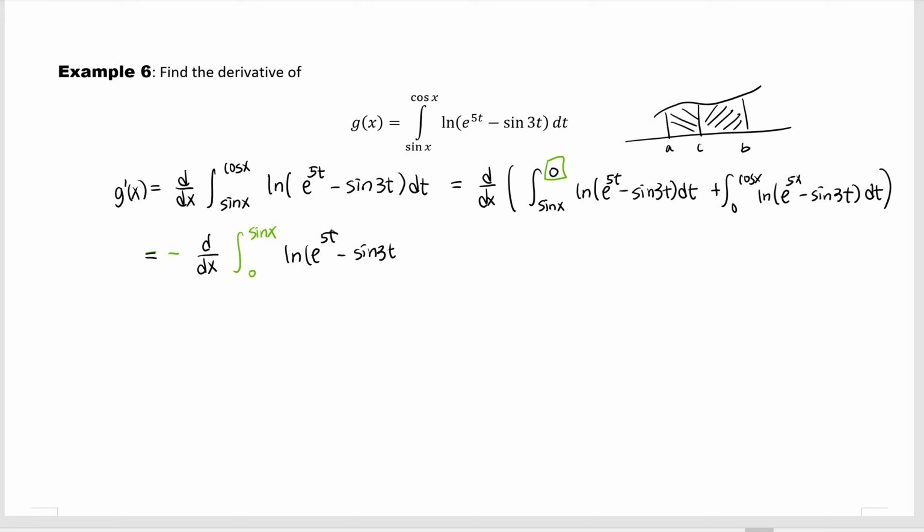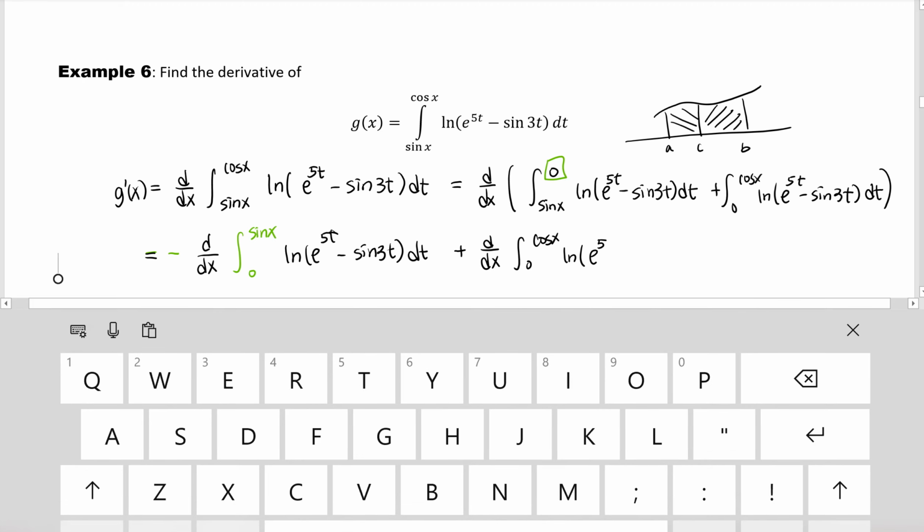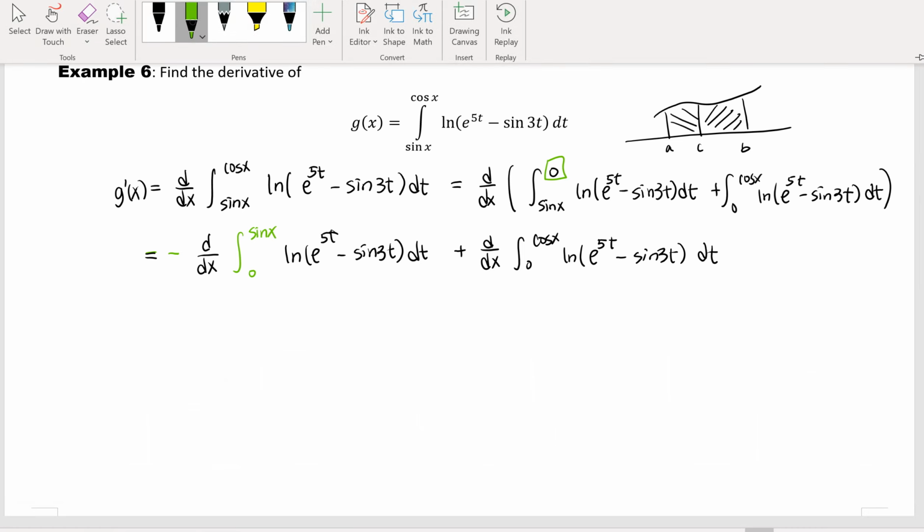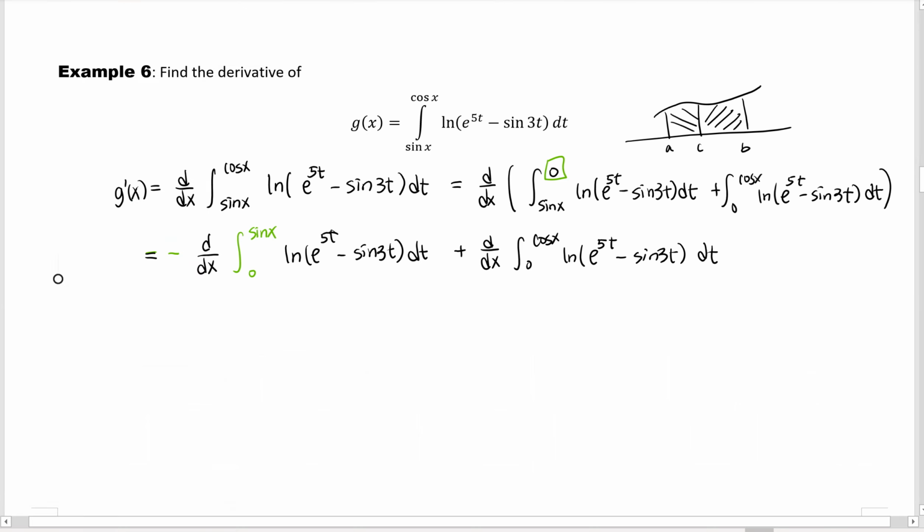So be careful. Sometimes I copy the wrong thing, so we need to double check it before we continue. So d/dx of the integral from 0 to cosine x of ln of e to the 5t minus sine 3t dt. Okay, so now we can see all the